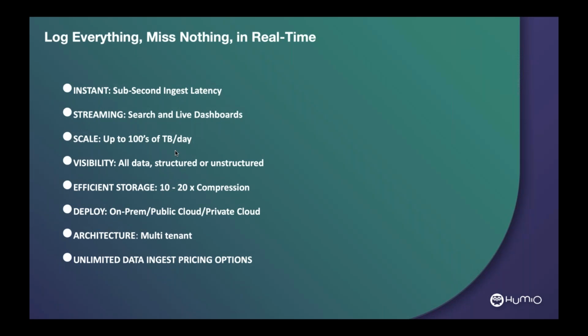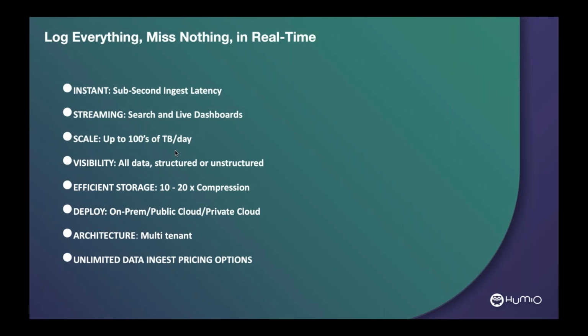And our architecture is designed to be multi-tenant, which means we have the power to give you that multi-tenancy internally. And so Humio at its core is designed to let you log everything to answer any question you have for it. And with the barriers that are present today, there are technological barriers, which I'm giving you examples of how Humio can address, but there are also commercial barriers. So that leads to one of the biggest compelling things that Humio brings to the table, especially for the university use case, is that we have unlimited ingest pricing options for a fixed price, which means as you scale your logging volume, or you're trying to build up your